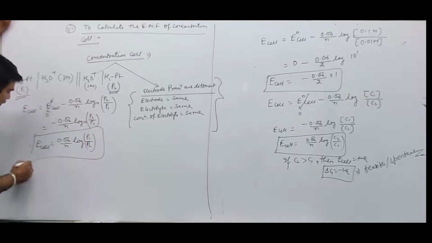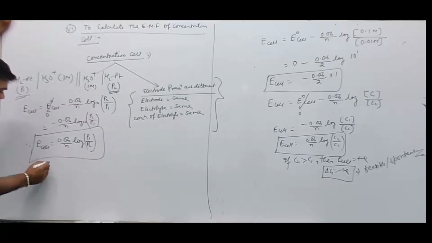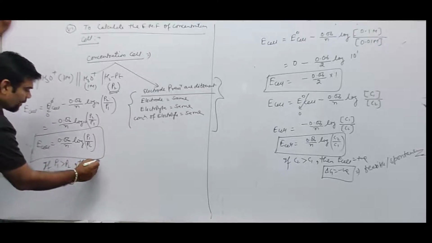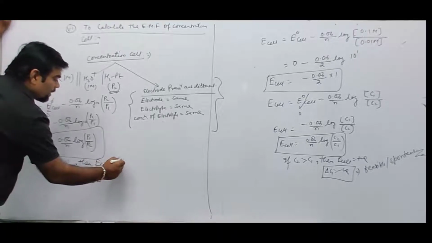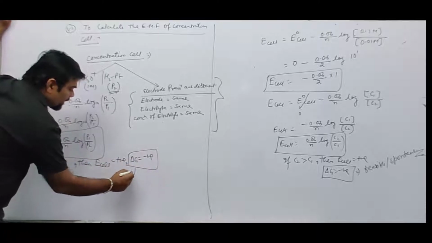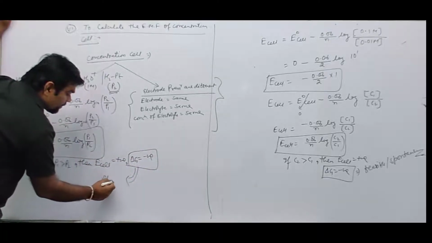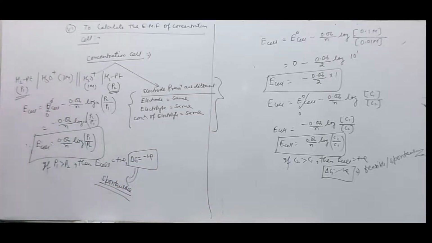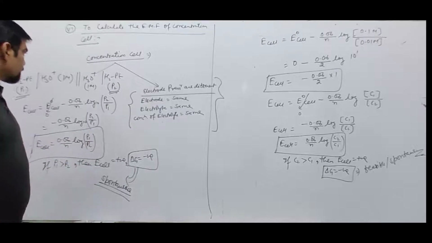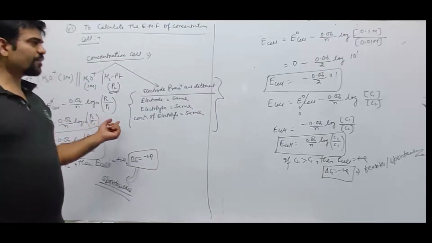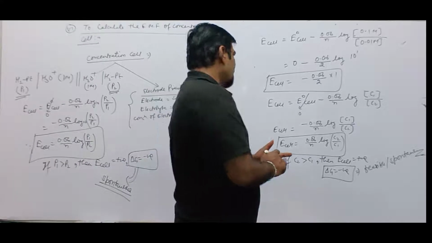So the EMF of the cell in this case will be positive if P1 is greater than P2. If the EMF of the cell is positive, del G will be negative, and if del G is negative, the process is spontaneous and feasible. So this type of cell arrangement is possible if P1 is greater than P2. That is, hydrogen gas at more pressure is passed through the anodic compartment, and the hydrogen gas evolved from the cathodic compartment will be at low pressure.